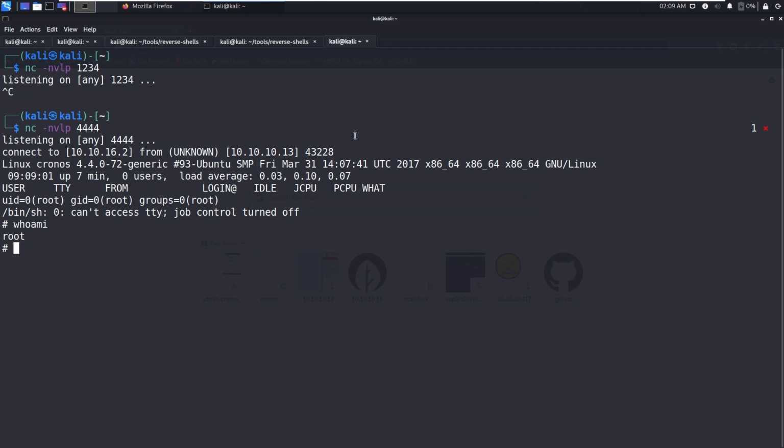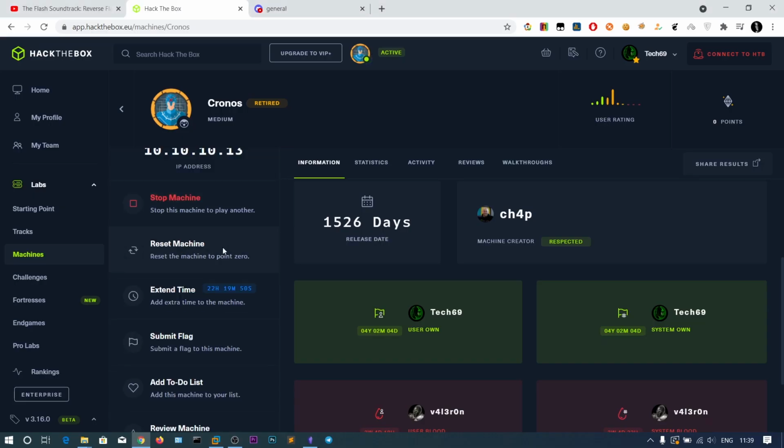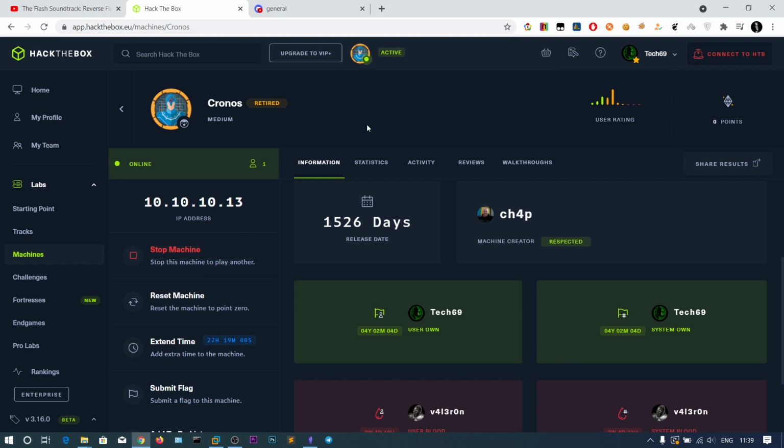So you can see first we got the DNS zone transfer. It's a misconfiguration. Because of that we found that there is an admin panel, and in that admin panel the username and the password parameters have no filters at all. Because of the SQL injection, we got the initial access, and due to the cron job we got the root access.